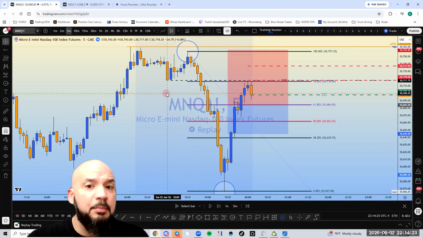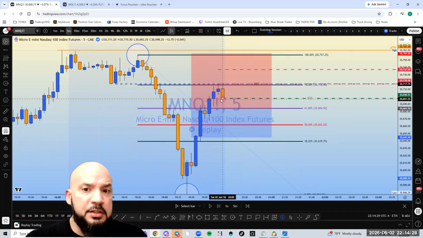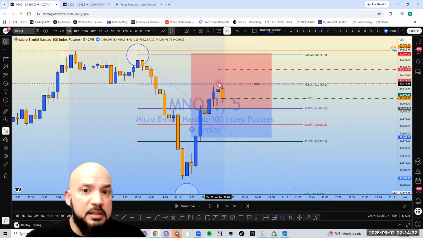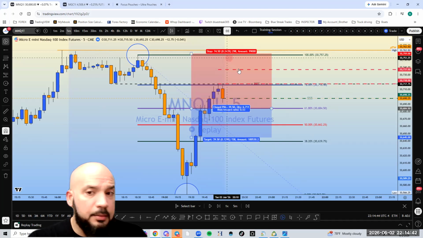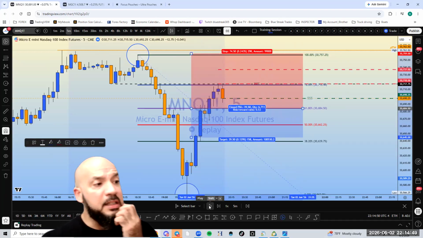But this is just an example of what happens on all time frames. So there's an entry here. There's an entry here. This is the stop loss. This is the stop loss for this entry here. All different types of stop loss. So we got 1, 2, 3 stop losses, right? Let's see how the play works out so that you can see by example